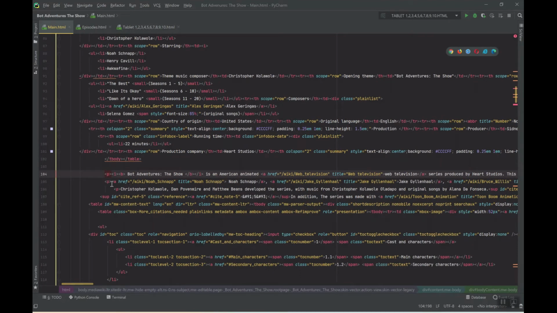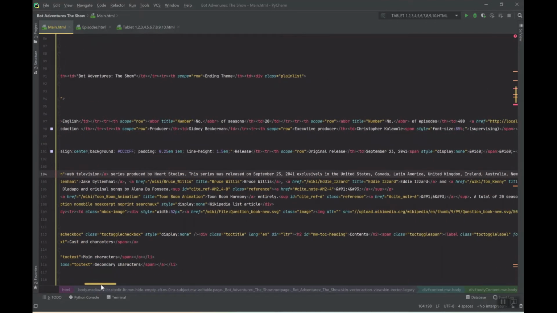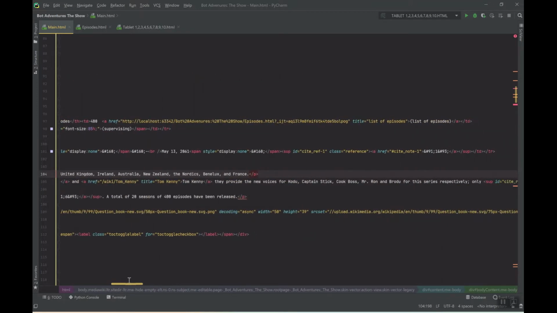Now you can have both. Now let me explain here. You can have both the text and the link there at the same time. So let me show you. Then